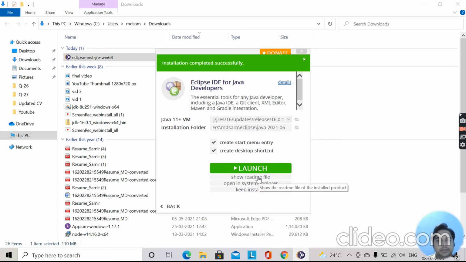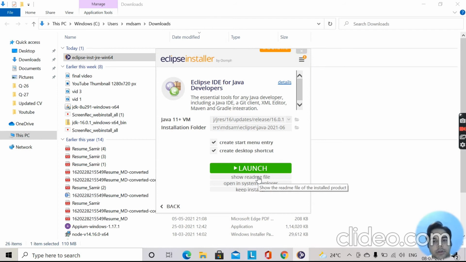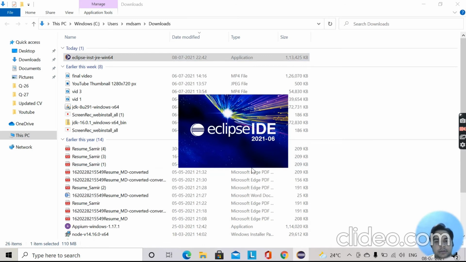Okay, so you can see installation completed successfully, launch. So let us click on the launch button. You see the pop-up window for Eclipse IDE. This is the latest version of Eclipse that we are installing here, and very soon it will launch our Eclipse.